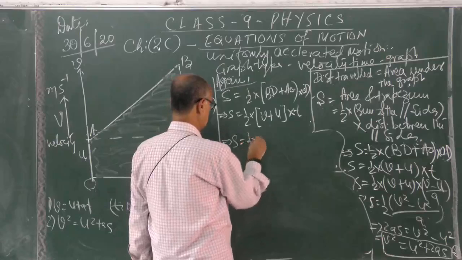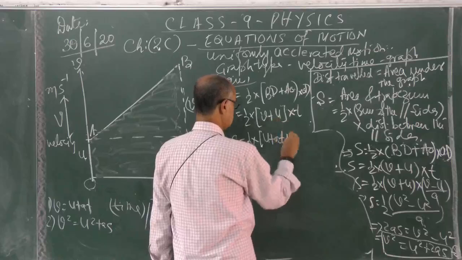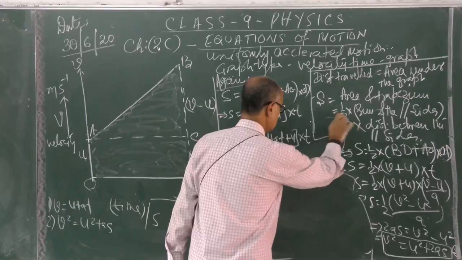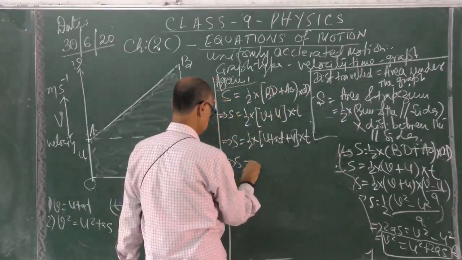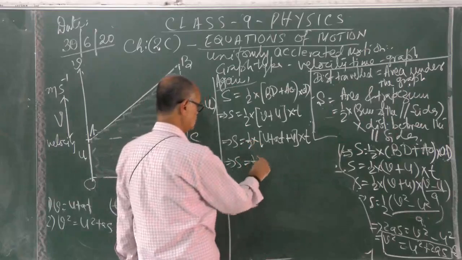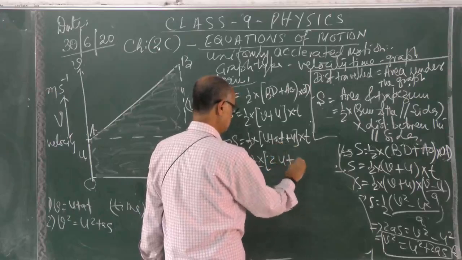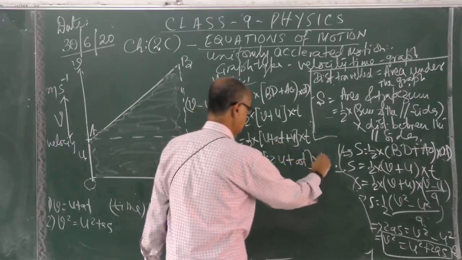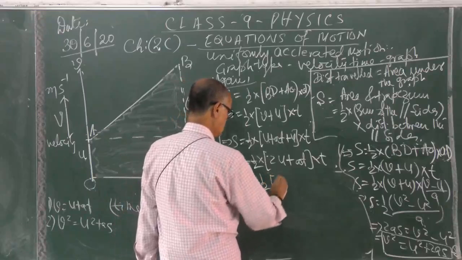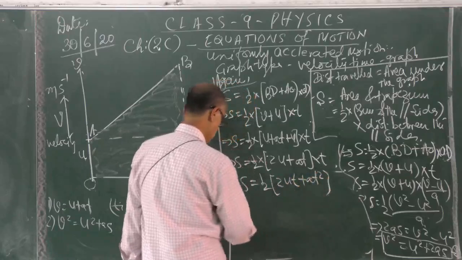That is S is equal to 1 by 2, V is U plus AT, plus U as it is, multiplied with T. This shows S is equal to 1 by 2 into U plus U, twice U plus AT, whole multiplied with T. This gives you S is equal to 1 by 2 into twice UT plus AT square. That means S will be